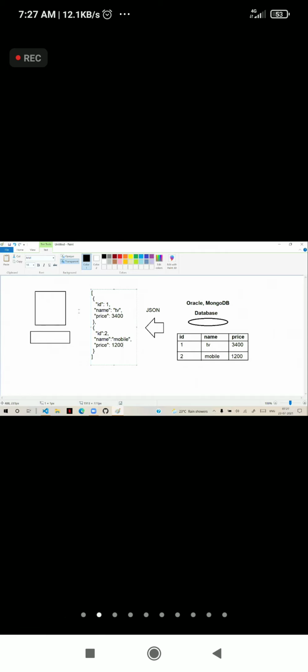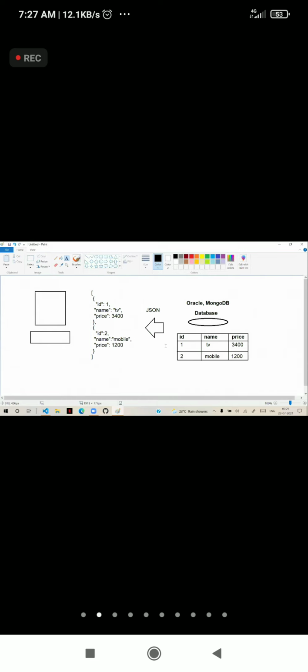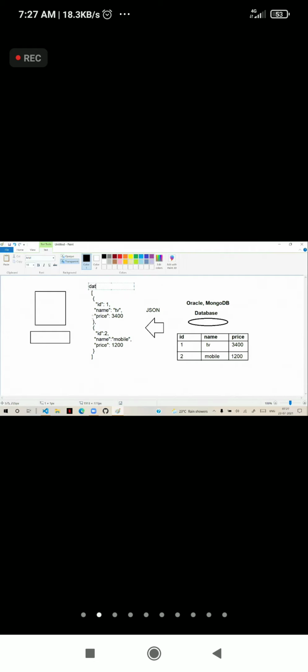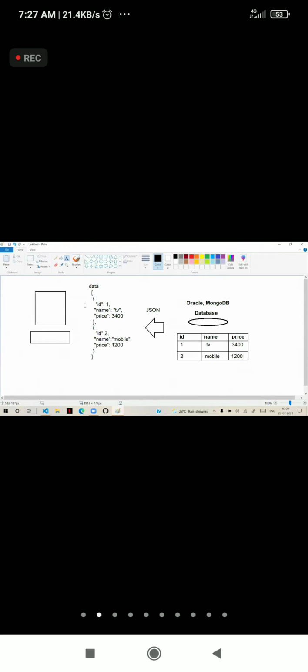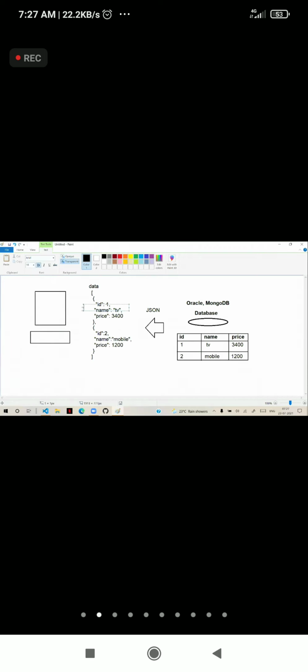Now this is how the data comes from the database and it is represented. And it is an array. So this data is an array. We have to access this and use it. And you know that this array contains, at 0 index, the first record, and at 1 index, the second record.